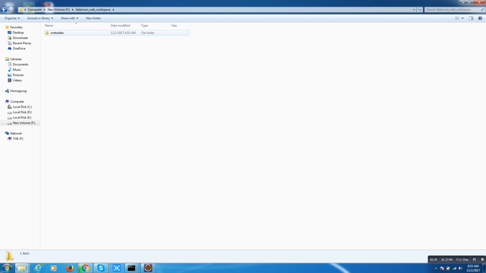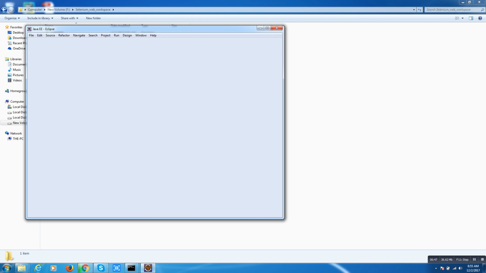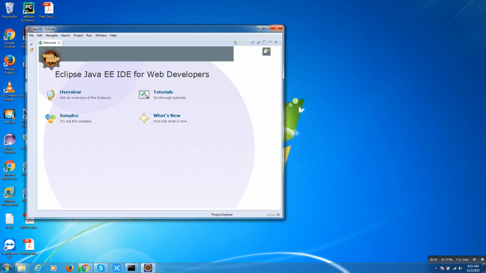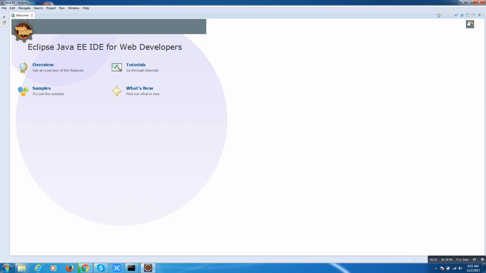they are saved in the workspace. Just like we create a folder, that is called the workspace. Each and every component gets saved in that folder, which is called the workspace in Java. Workspace is a very popular name in Java also. So this is my